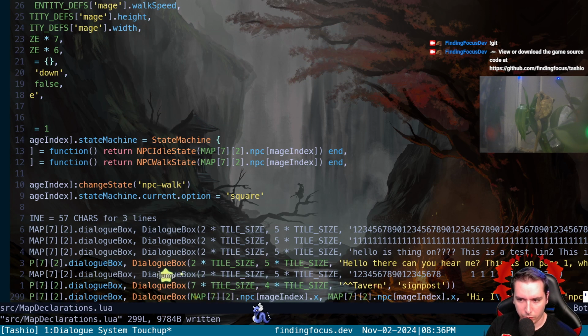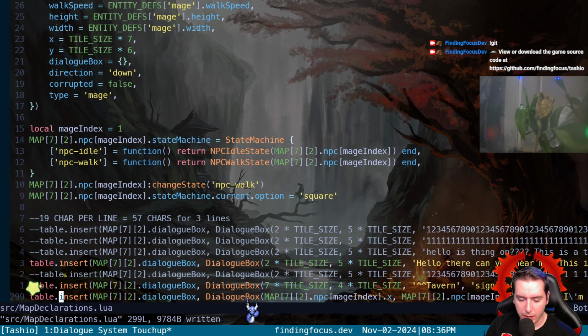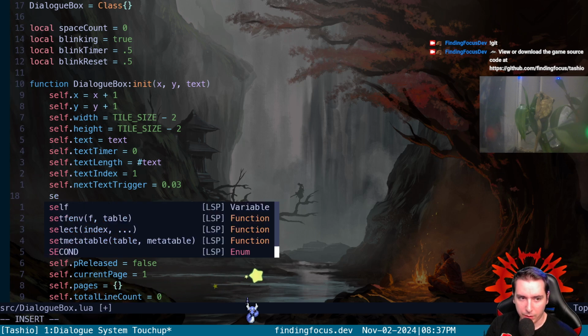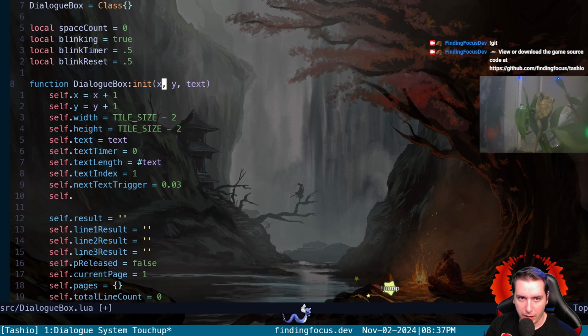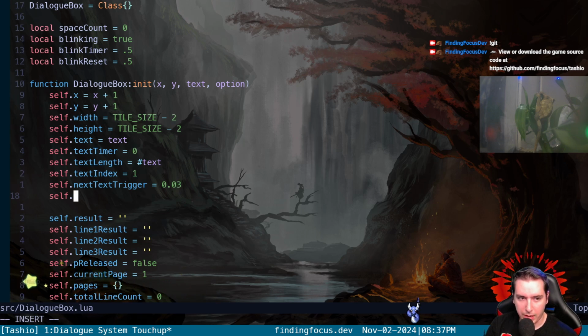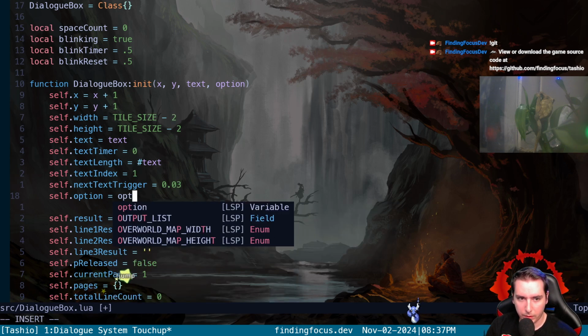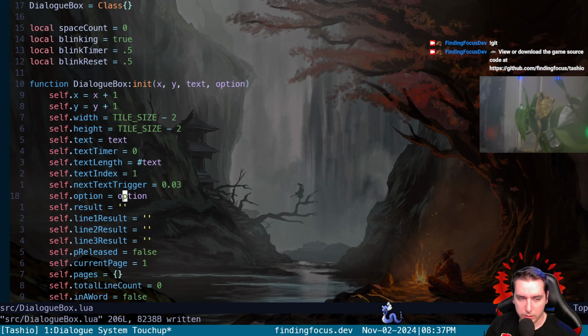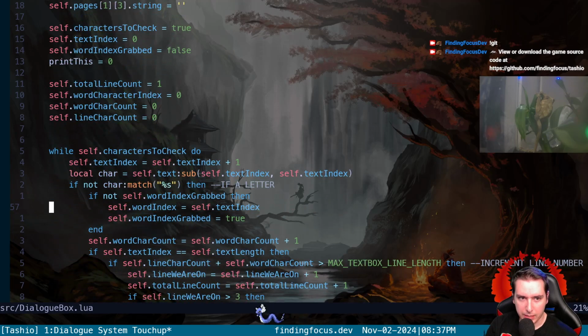So next step is we'll go to the actual dialog box class and say that we have another option as this fourth parameter. It'll be called option. So we will snag the option as the option. We could do that, yeah, self option. So I guess the idea is